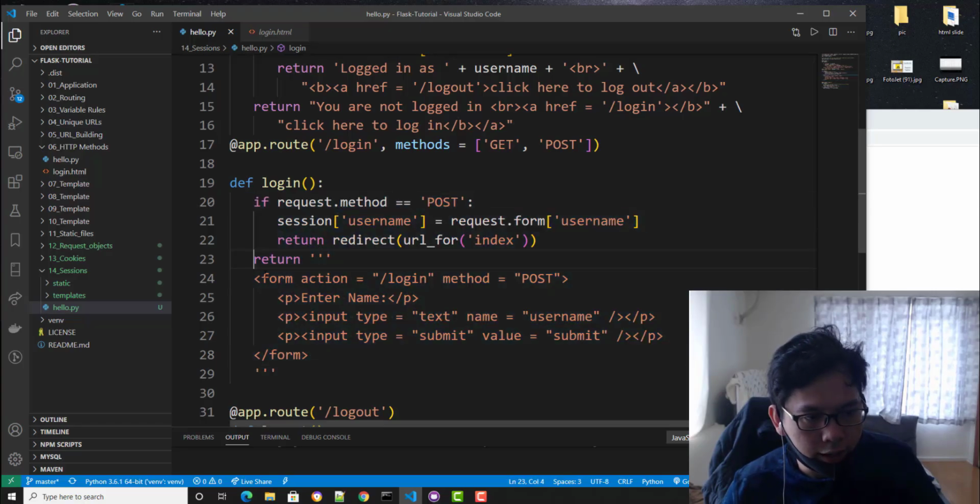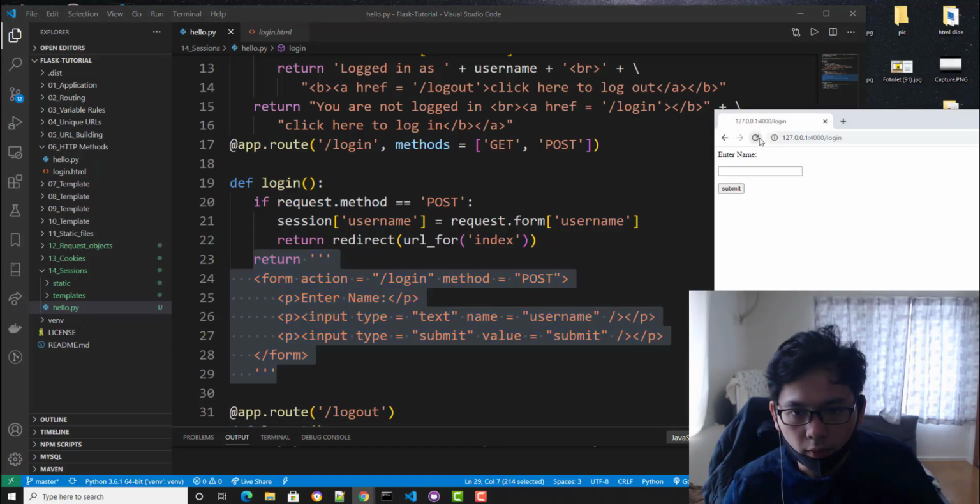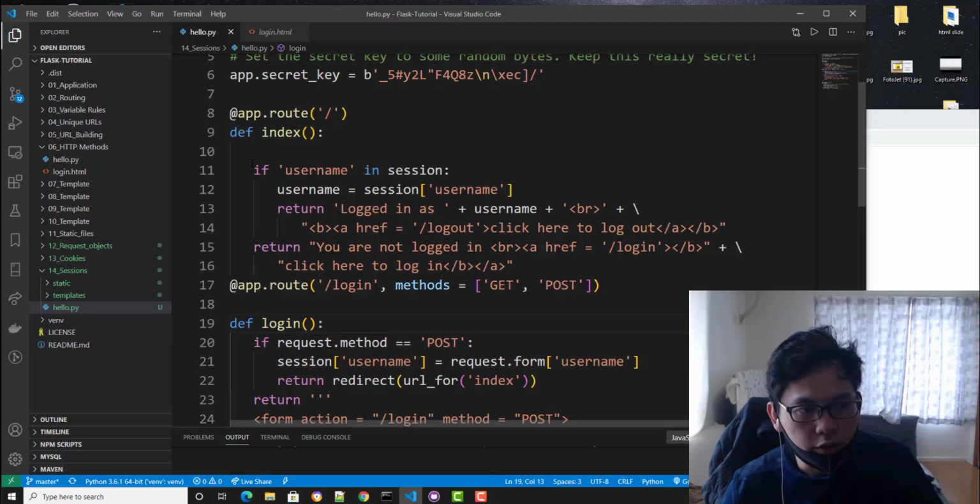If you're not logged in, you're gonna go to this one, and yeah, enter your name. Let's say another name, 2020, and log in as 2020. So you are here, because your username is in the session, meaning you're in the session.